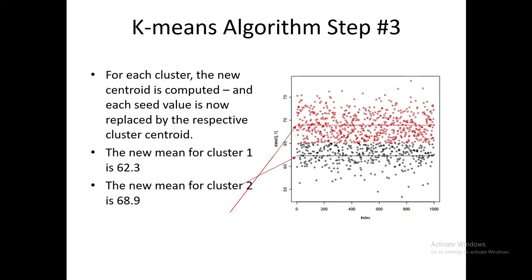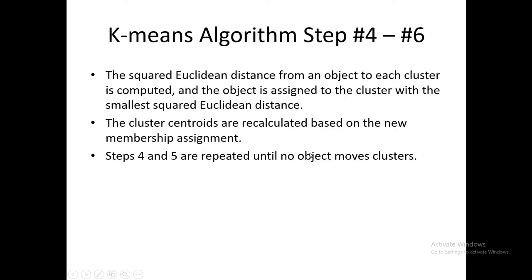For each cluster, the new centroid is computed, and each seed value is replaced by the respective cluster centroid. After the computation, we can see that the new mean for cluster 1 is 62.3 and the new mean for cluster 2 is 68.9. Its value has changed. Now again the squared Euclidean distance from each object to each cluster is computed, the object is assigned to the cluster with the smallest squared distance, and the cluster centroids are recalculated based on the new membership. We repeat steps 4 and 5 until